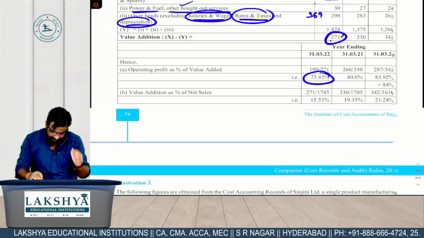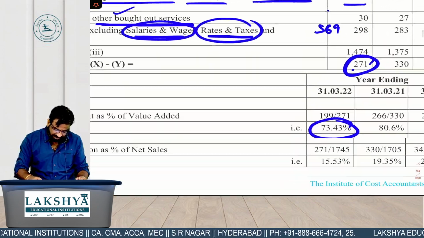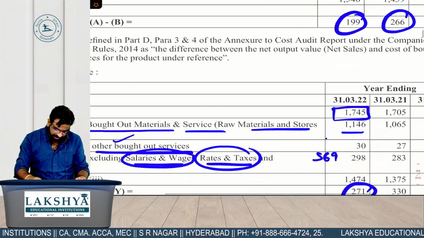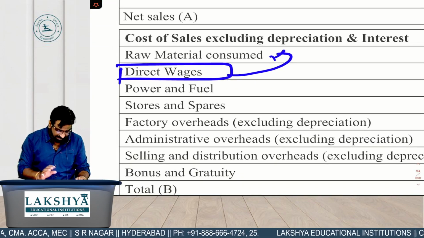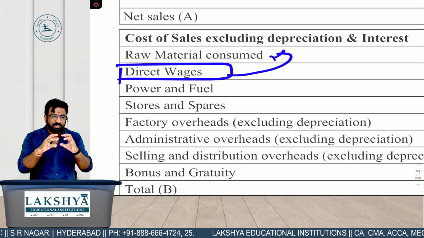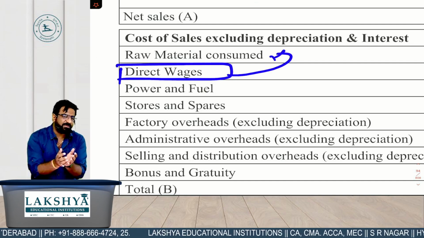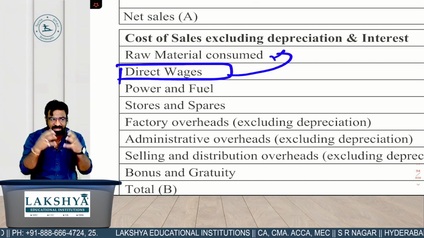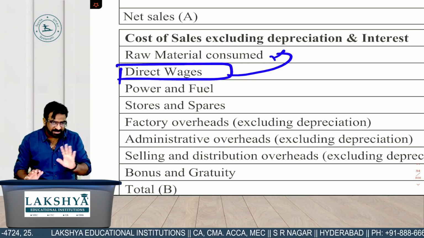जैसे यहाँ पे हमने क्या माइनस किया था? See what we have reduced here, 1745. What are the two things we added here? Only the raw material consumed, and what is the next thing we consume? Stores and spares. पहले हम यहाँ पे stores and spares और raw material इन दोनों को क्यों ऐड कर रहे हैं? The reason being very simple. We are only now talking about the material consumed in the production activity. So that is the reason direct wages is not included here.